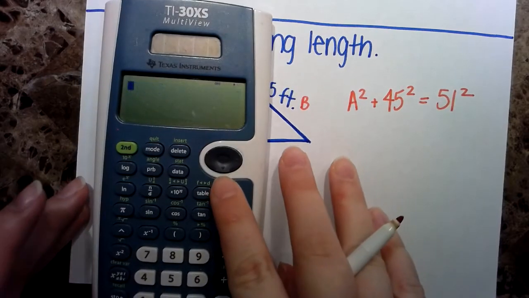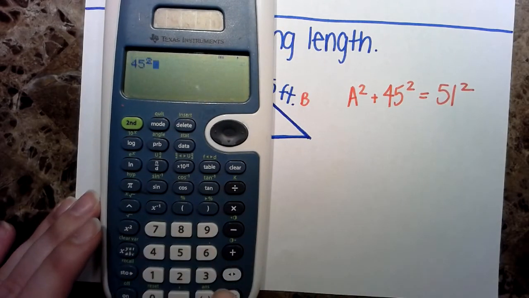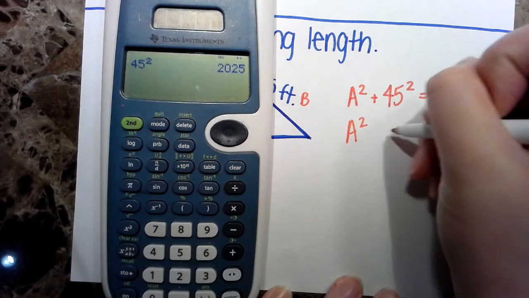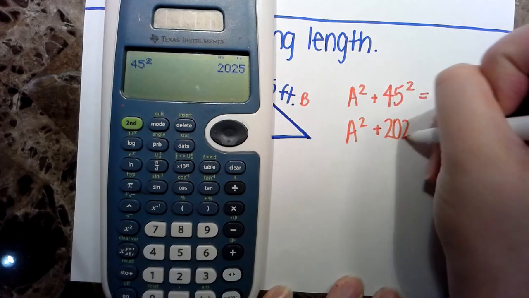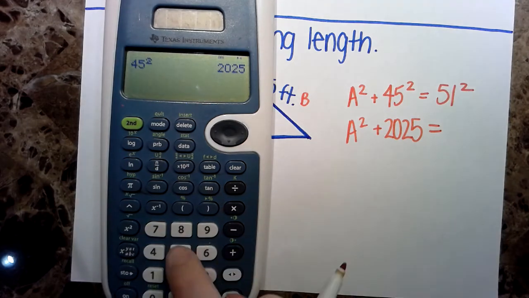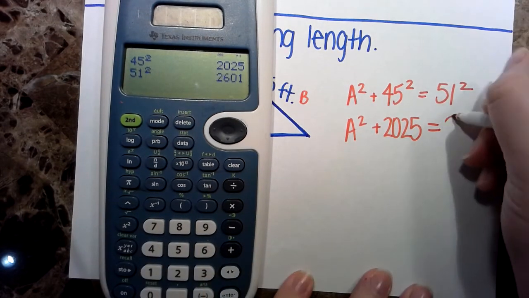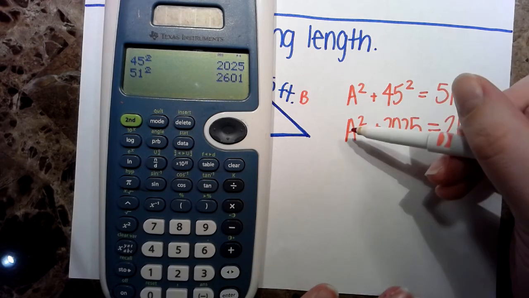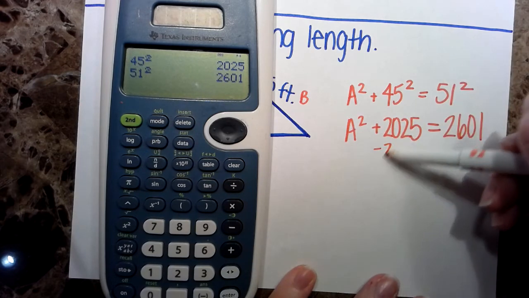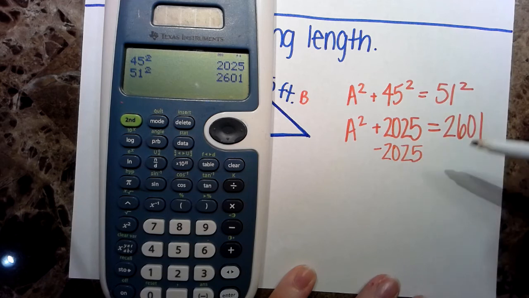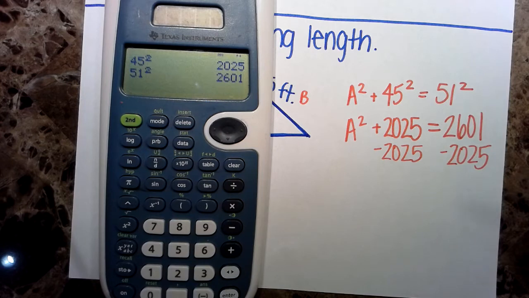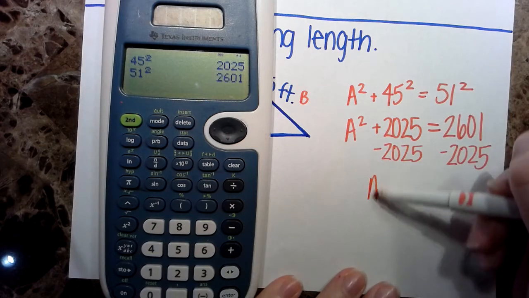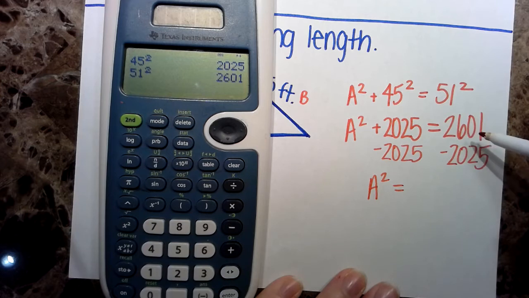I'm first going to find out what 45 squared is. So I'm going to do A squared plus 2,025 equals 51 squared, which is 2,601. To get A squared by itself, because that's what I need, I'm going to subtract 2,025 from both sides, because I'm trying to find the leg, which is A. I'm going to bring down A squared, and if we subtract these two from each other,